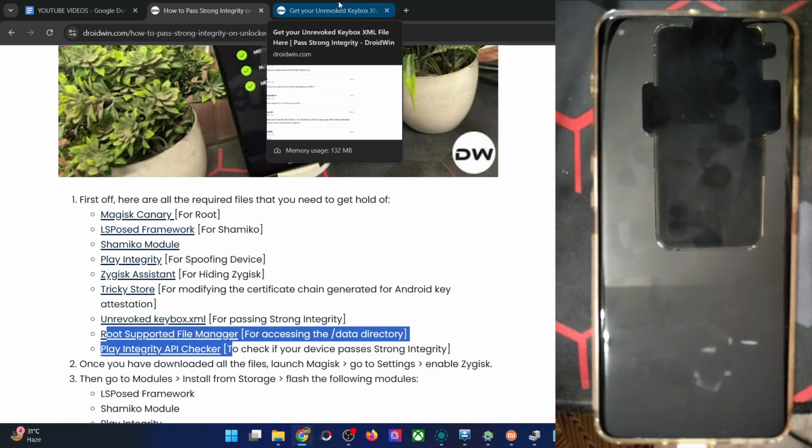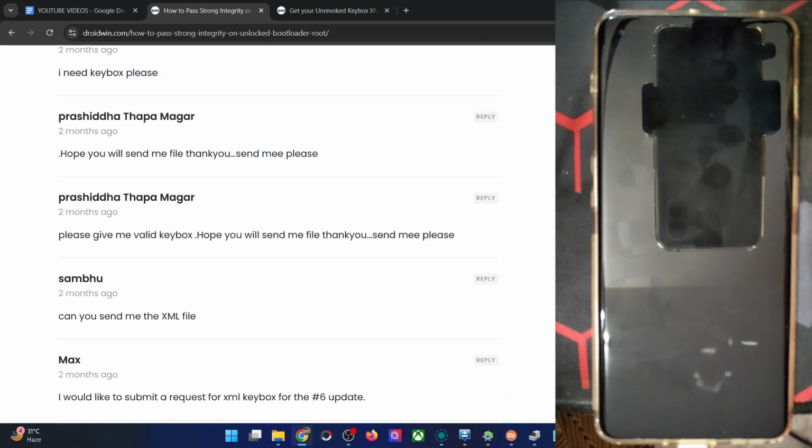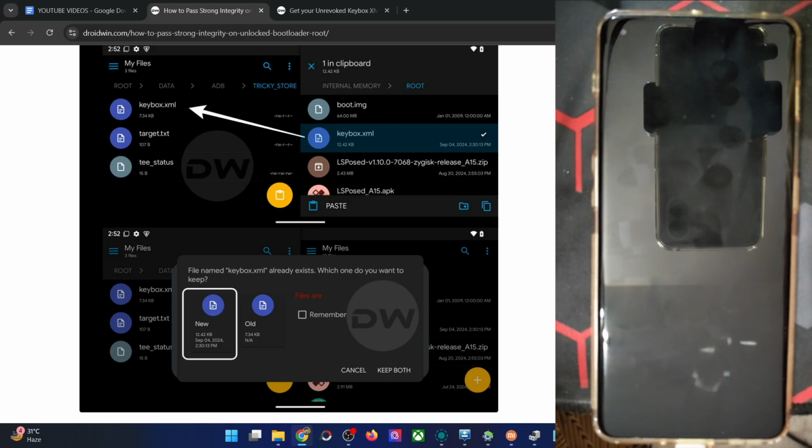So I have till now emailed close to 3 or 4K files, the keybox file, as you could see over here. So it takes some time, and I am the only one sharing the files manually for each email ID, and I also have to maintain my website and the YouTube channel. So sharing the file might take some time.